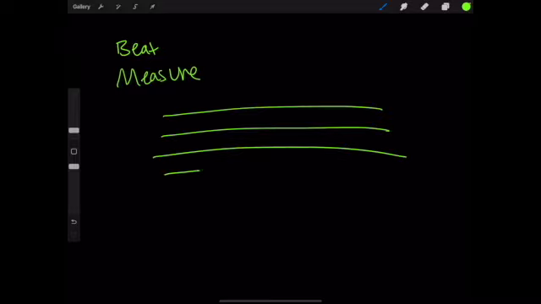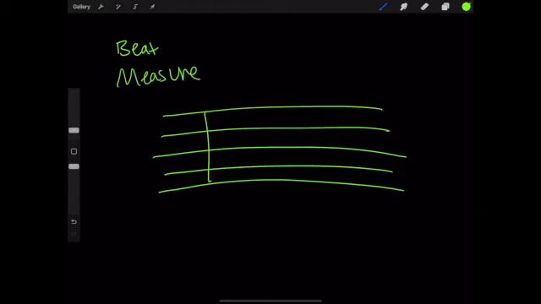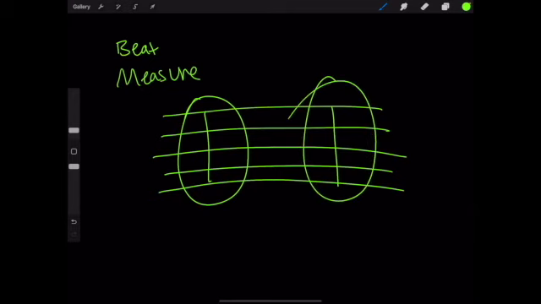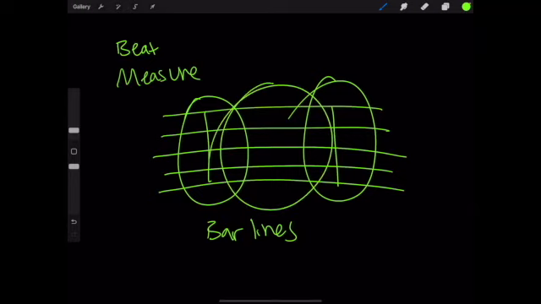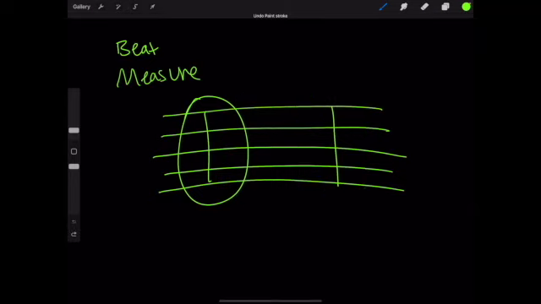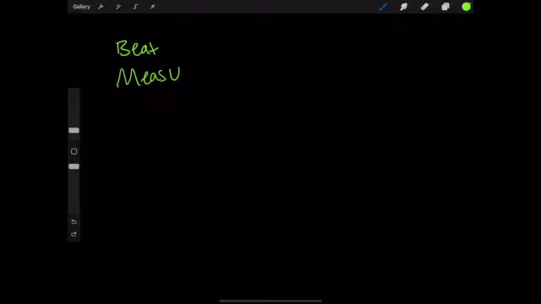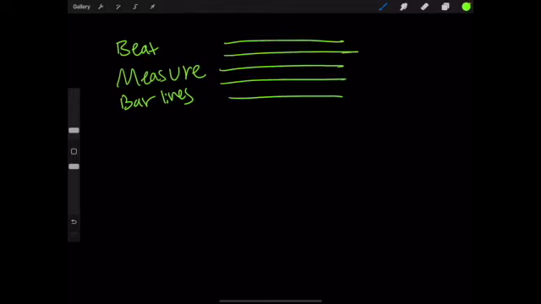The measure is notated or written down, symbolized by these two lines here, which appear on the staff vertically, right? Upright. And these are known as bar lines. And the space between them here is a measure, right? Bar lines. Now there can be any number of beats within a measure, and they can be represented by any